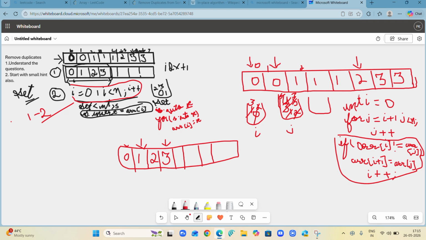Positive repel each other, positive negative attract each other. Means same properties are repelling, same numbers are repelling, and when they are different, they are attracting, that you come. So this is the whole dry run of this question, and now it has asked that you return the size also.